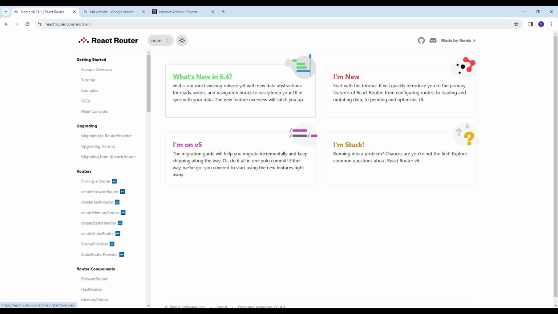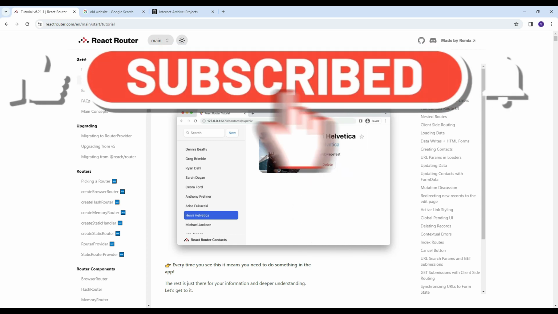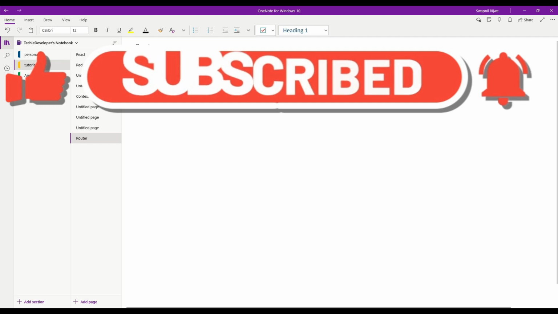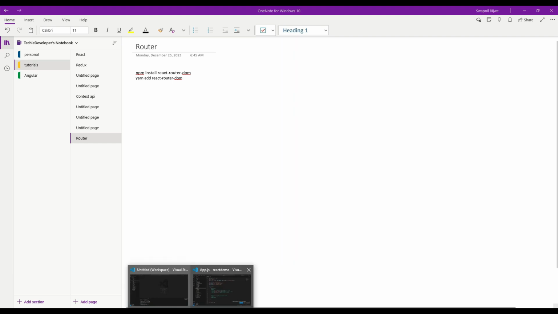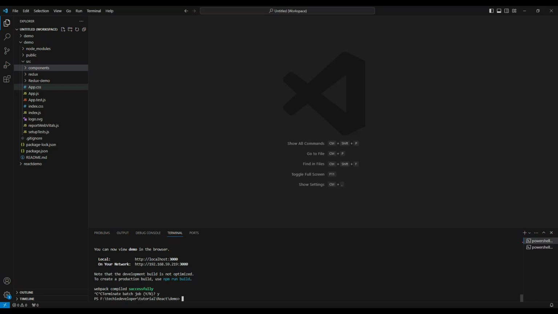Now let's see the installation part. To use React Router in our application, we need to install React Router DOM. For that we have to go to our project. Now I am in our project.